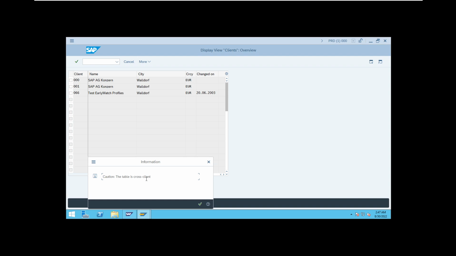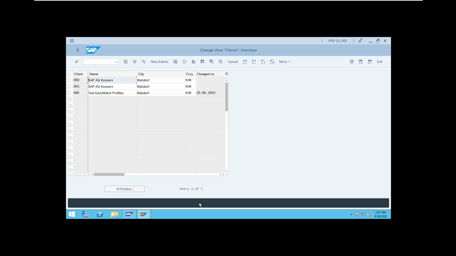Caution: the table is cross client. What is the meaning of cross client table? The table will contain common data. If you log in with 000, 001, 066 or any other client, you can access this data. That is the meaning of cross client table, right? After going to change mode, I am getting one option called New Entries. Click on that